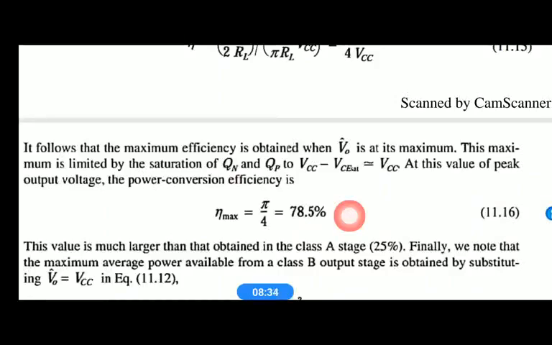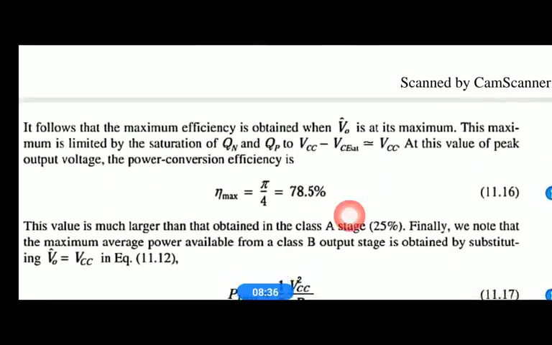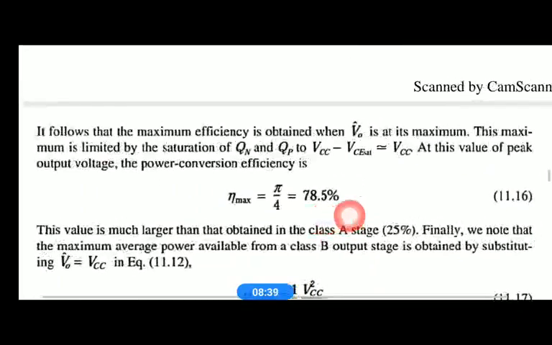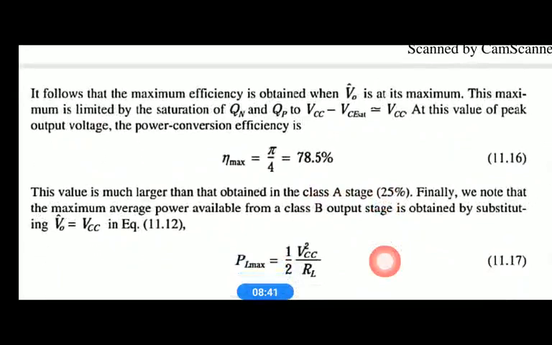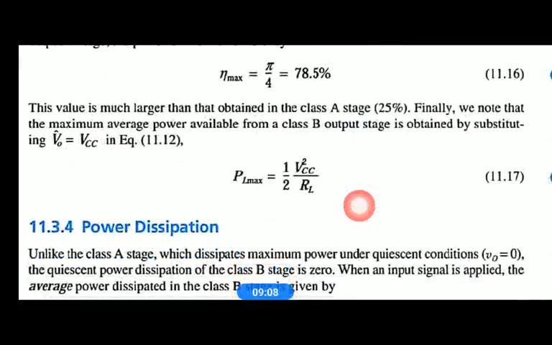Right. So clearly you can see here in a class A amplifier you have efficiency of 25%, whereas in the class B amplifier the maximum efficiency is 78.5%. So therefore class B amplifier has good efficiency as compared to class A amplifier. So therefore we are using class B amplifier for most of the applications. But the thing is here, class B amplifier requires 2 power stages to amplify, one for the positive half cycle, another for the negative half cycle, right?